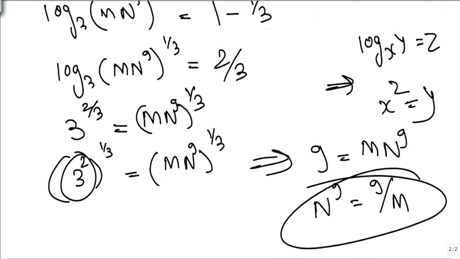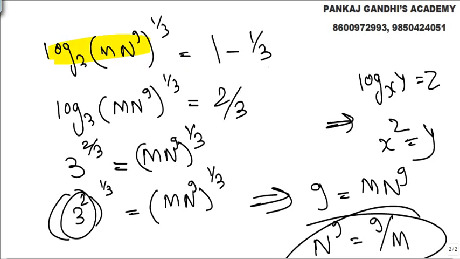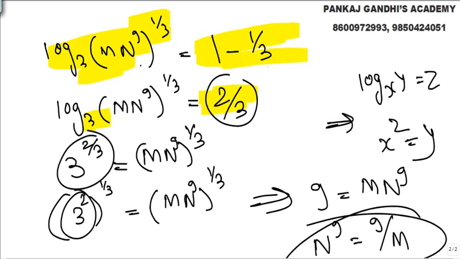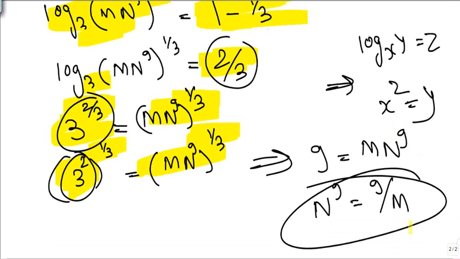Look, this value we had already got. Log to the base this thing, 1 minus 1/3, solving it gave this. So 3 raised to 2/3, 3 raised to 2/3 is mn, this thing. 3 squared, 9 raised to 1 by 3, raised to 1 by 3, became the same. So now what all we know here is,